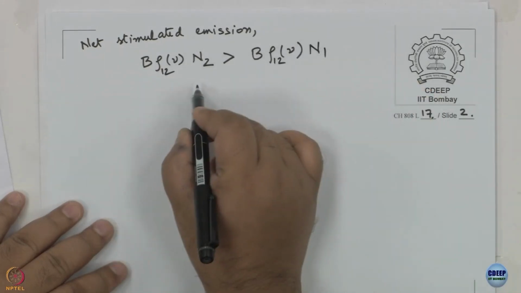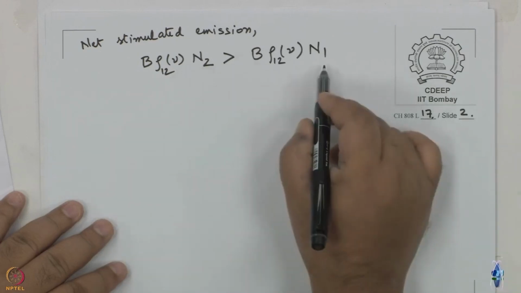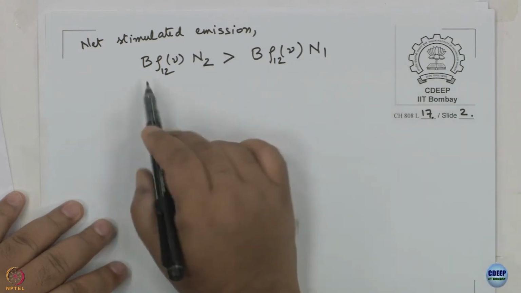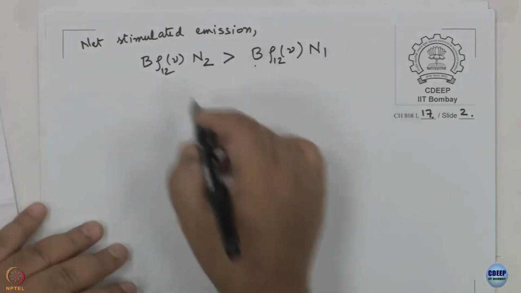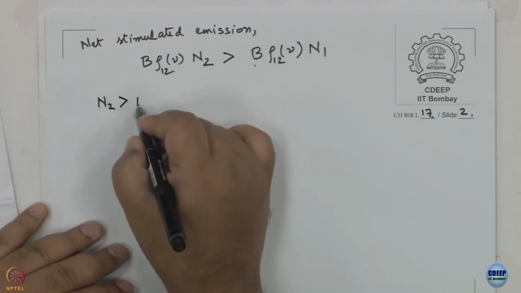Left hand side is the rate of downward transition, which has N2, right hand side is the rate of upward transition because it has N1, and we have already established that the B's are the same, the energy density is the same anyway. So, finally, what it boils down to is N2 has to be greater than N1,